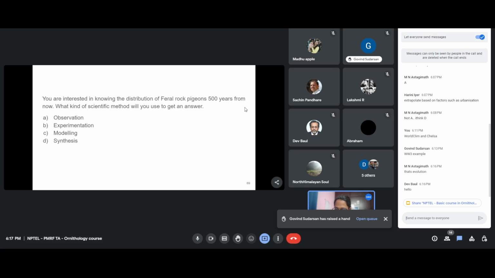If you see feral rock pigeons, natural predation is probably only by some raptors, or even house cats. I think house cats kill a lot of feral pigeons. That is natural predation, but the other aspect is the human itself. People used to domesticate the birds, and I don't know whether they might also have been killing them for gaming purposes. I'm not sure of the number of birds that were killed. Earlier, yes, they used to be killed.